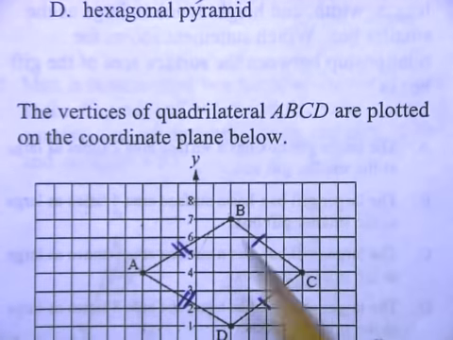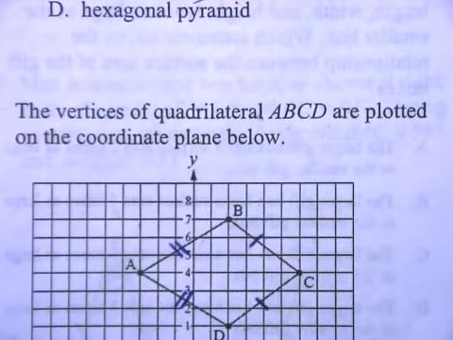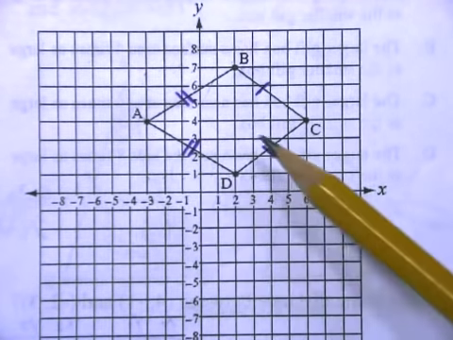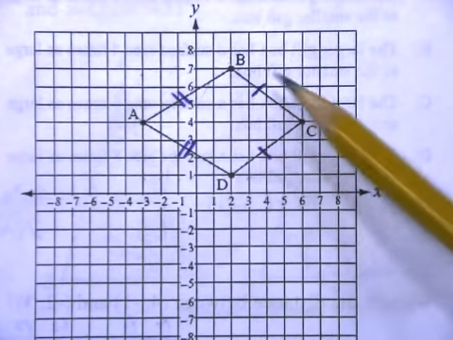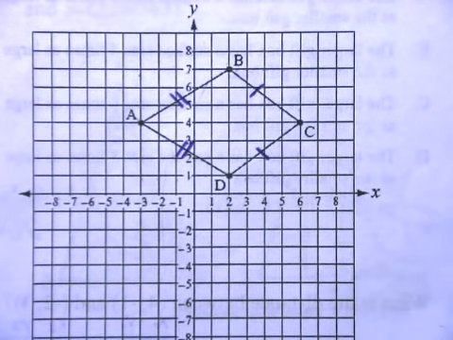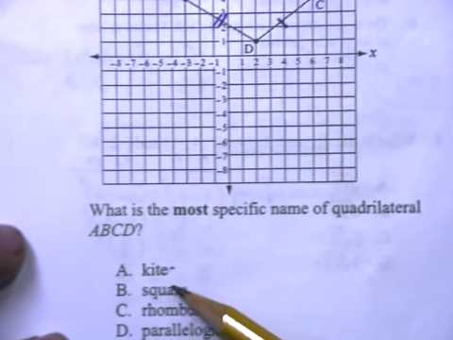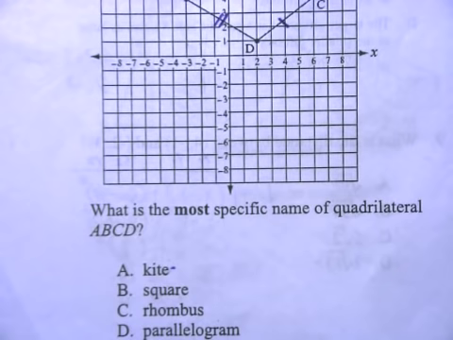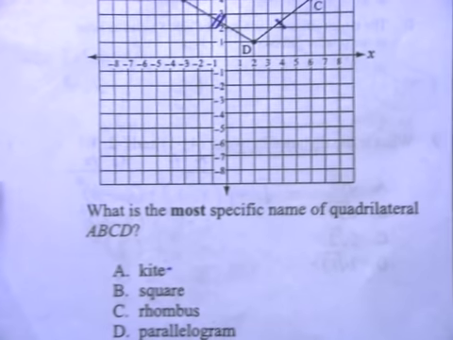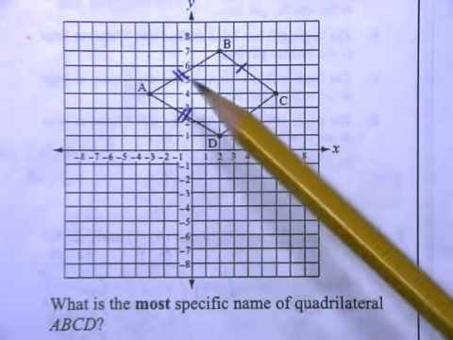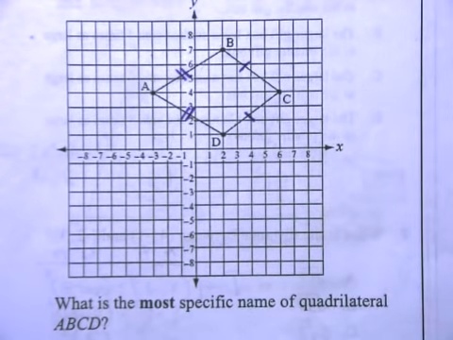Question number two, they tell us that the vertices of quadrilateral A, B, C, D are plotted on a coordinate plane. So if you look here, here's my coordinate plane. Here's my quadrilateral A, B, C, D. And they want to know whether it is either a kite, a square, a rhombus, or a parallelogram. Okay? Well, looking at it,